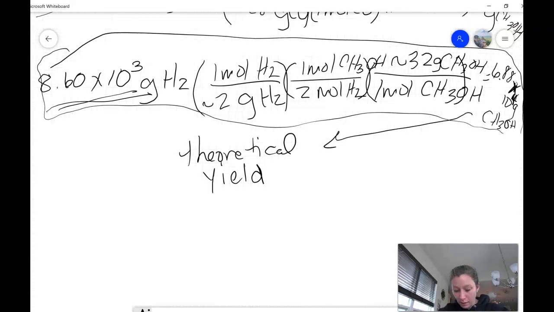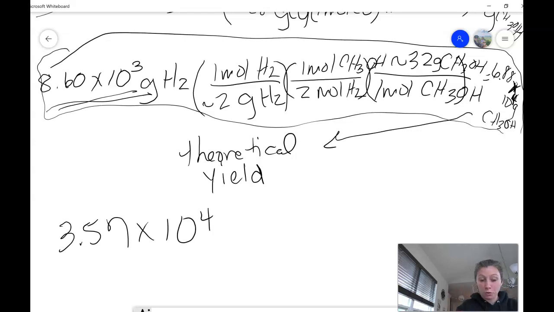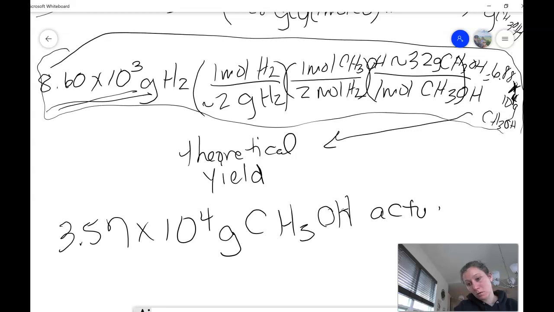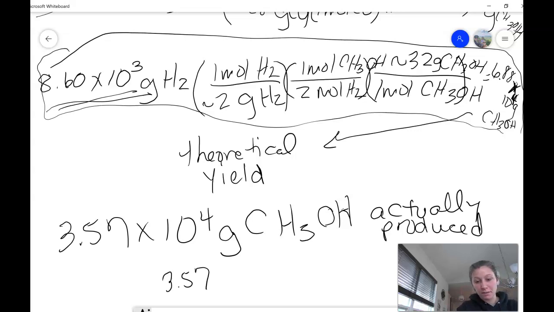But the question tells me that 3.57 times 10 to the 4th, or 35,700 grams of methanol was actually produced in the lab. So there's a percentage here, right? So you're going to take the actual, the 3.57 times 10 to the 4th grams of methanol, and divide it by, theoretically, if nothing went wrong in the lab,